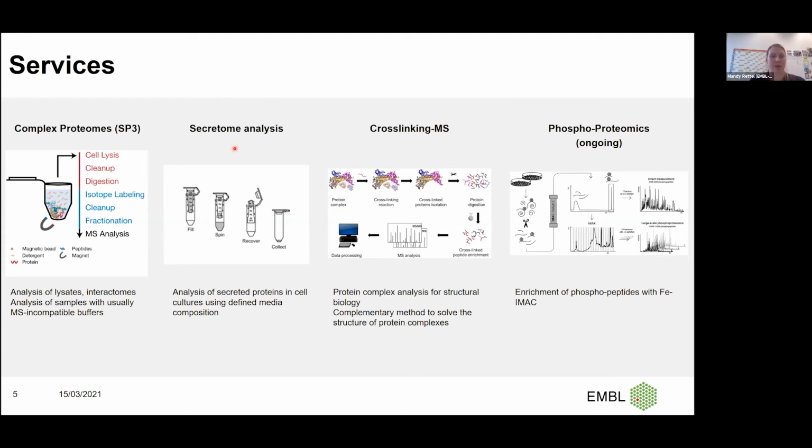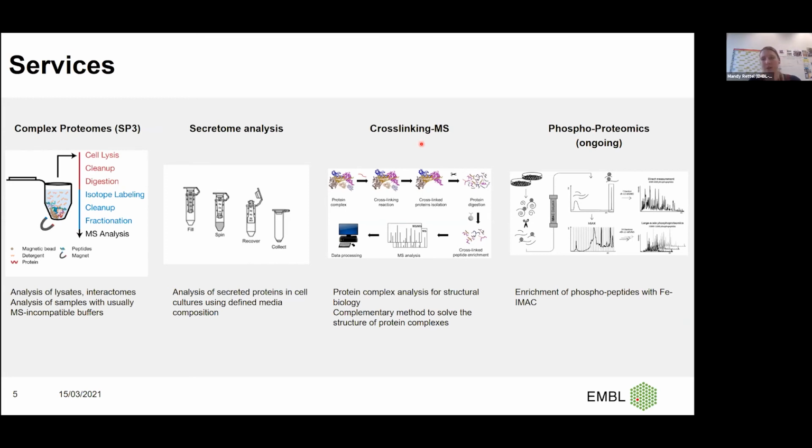which I will show you later an example for the invoicing. And then we also have a secretome workflow, basically to analyze secreted proteins in cell culture media, where we take advantage of the Amicon spin filter tubes, where we also concentrate the media. We can do the whole sample processing up to the digestion in that one tube, and collect the peptides afterwards and measure them. Then currently only for EMBL internals, we offer also a cross-linking mass spectrometry workflow for non-cleavable cross-linkers, which mainly gives an add-on for our structural biologists, and gives another complementary method to really solve protein complexes.